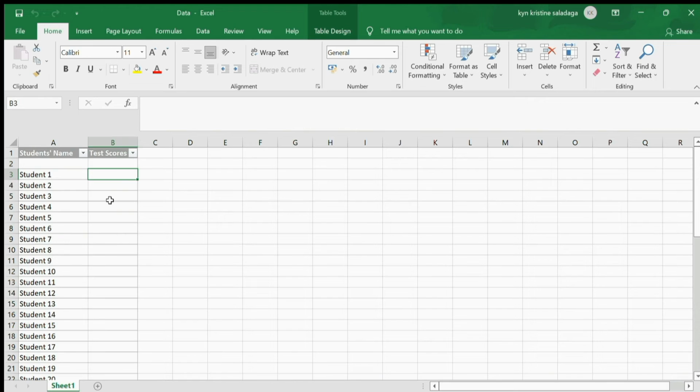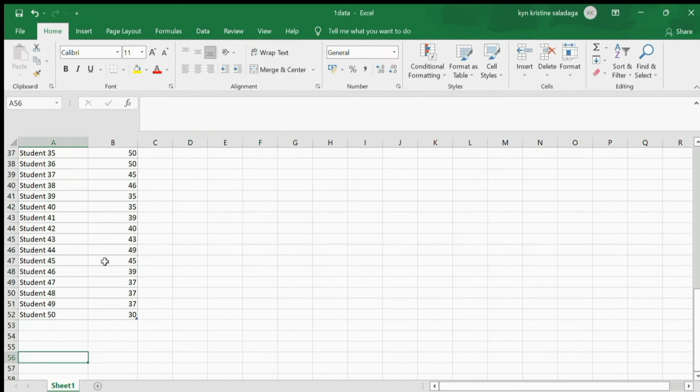Assuming that the test consists of 50 items and student 1 has a perfect score of 50, while student 2 has a score of 41, student 3 has a score of 45, student 4 has a score of 49, and so on. Assuming these are all the scores of the 50 students here.